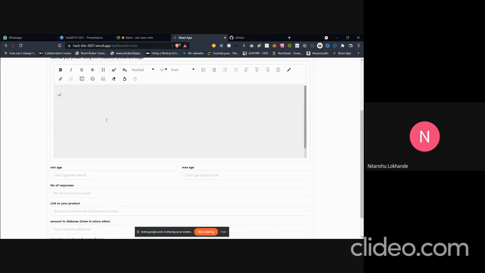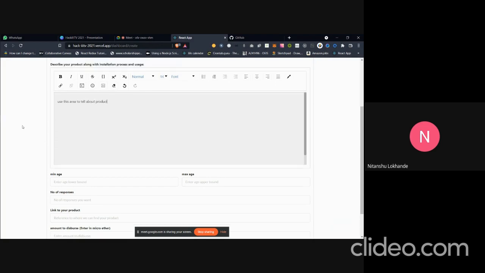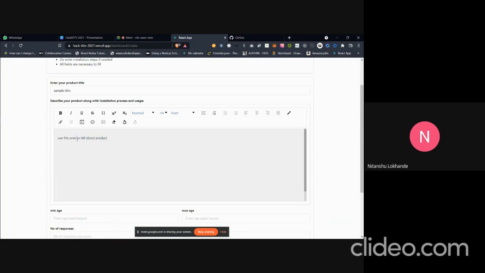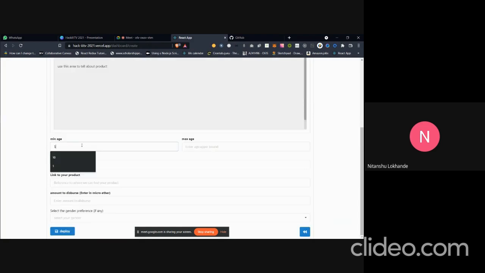Use this area to tell about your product, as this is a rich text editor, so you have the freedom to use any kind of formatting you need, the age group this application targets, and the number of reviews you need for this application.